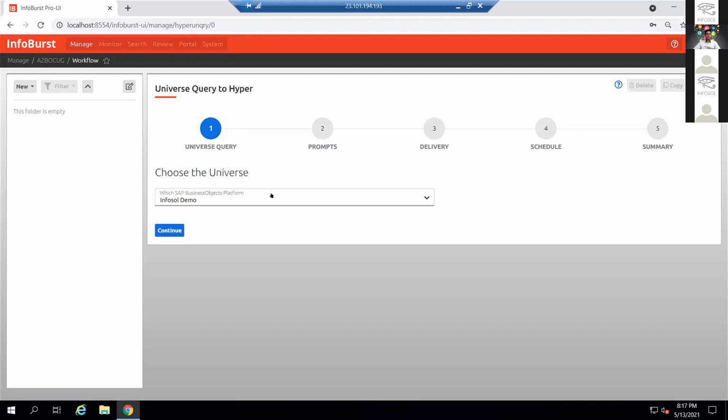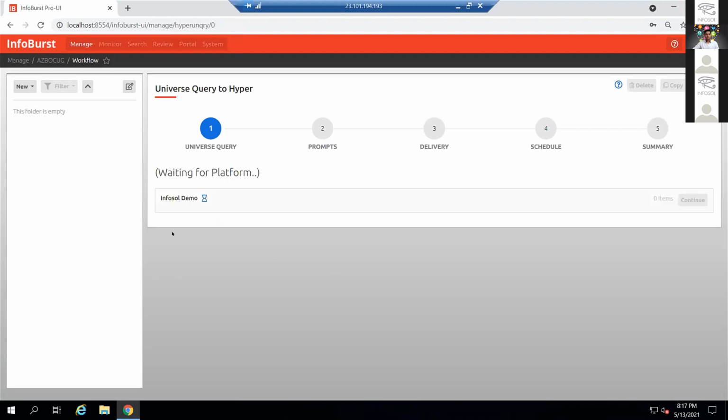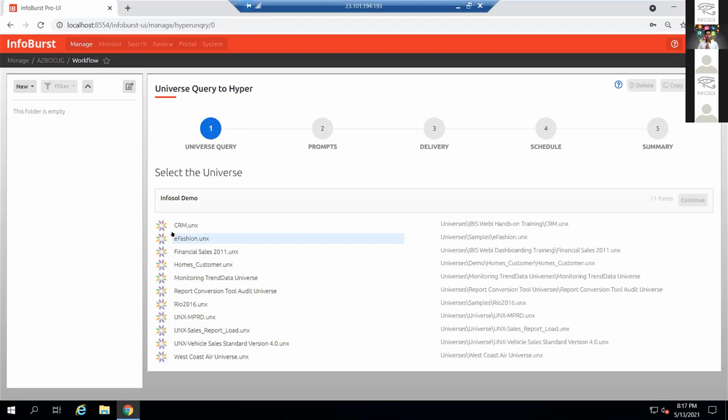The very first thing when you create a Webby report is you select a universe. And here in InfoBurst, you can connect to multiple BusinessObjects platforms, not just one. So I'm connecting to my demo environment. I click on continue. And now, exactly like how you create a Webby report, you see a list of universes